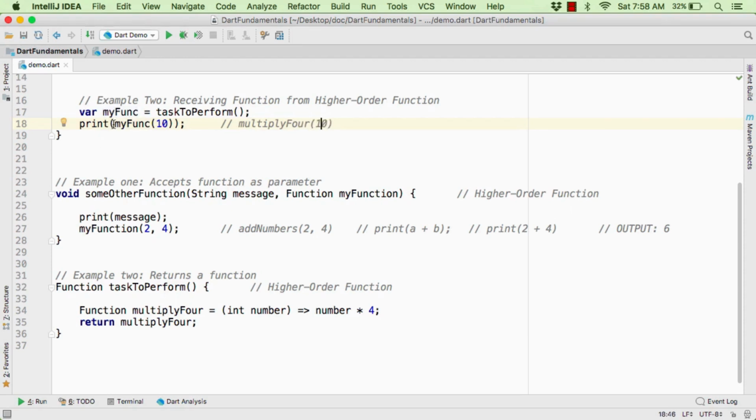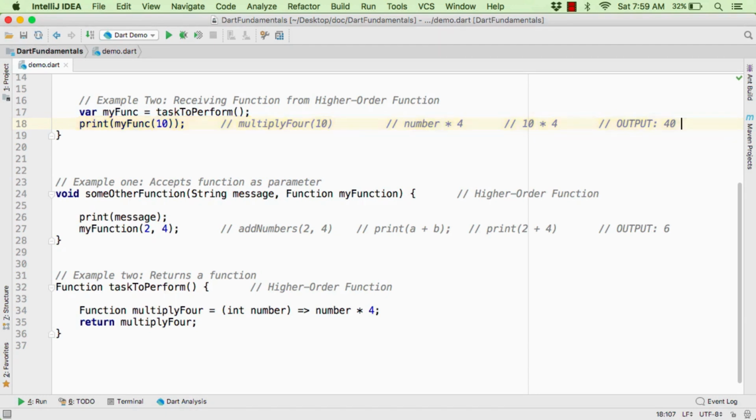That is, myFunction 10 will now become multiply 4 10. Now this function has a body of number into 4. So here the number in the runtime will become 10 into 4, which gives us the output of 40. Perfect. So here as well you can notice how internally the execution is taking place.